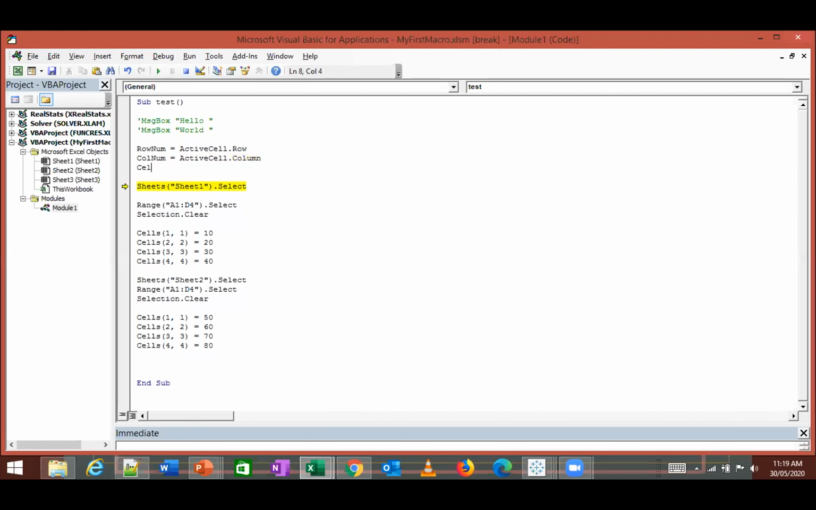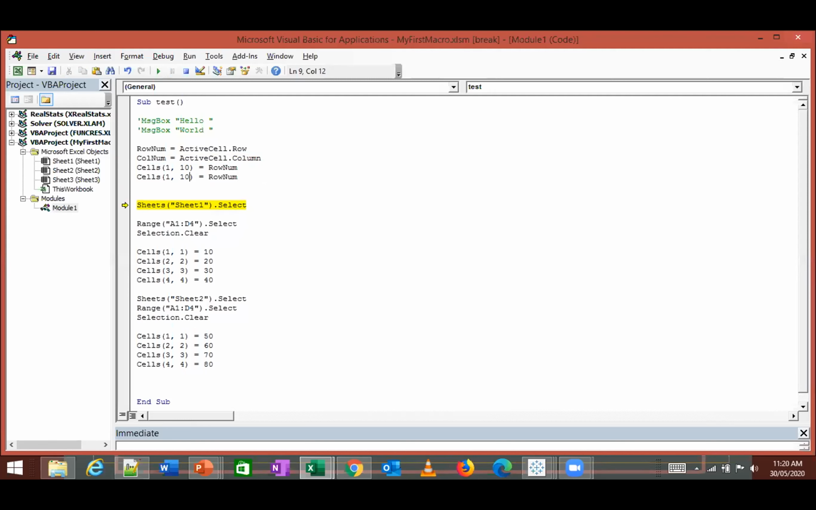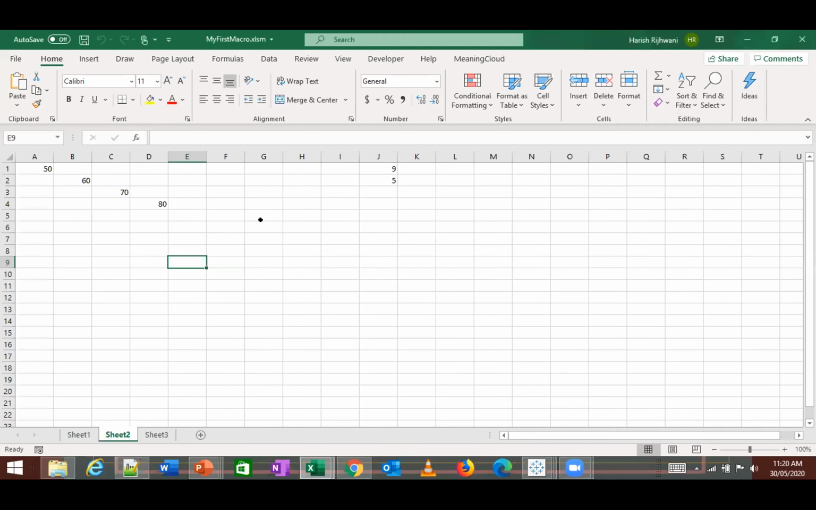So if I want to put this in a cell, I do cells, and I put the row number 1 comma 10 is equal to row num, and 2 comma 10 is equal to col num. And if I want to run this, I can just move my cursor above just to showcase that. And if I run it now, it shows me those two values. Okay,